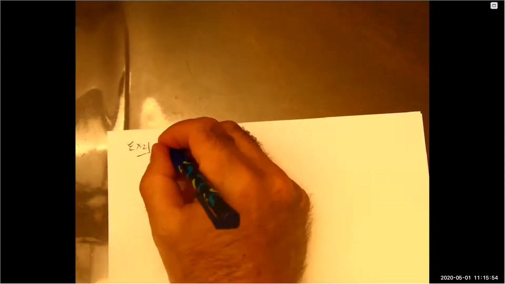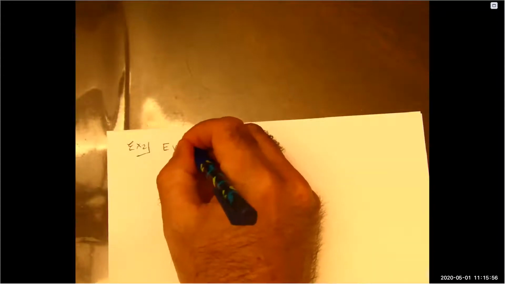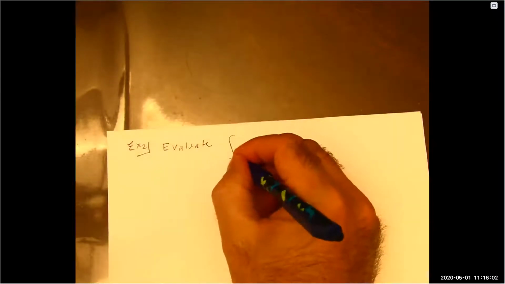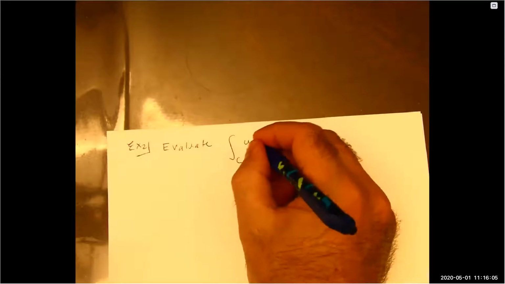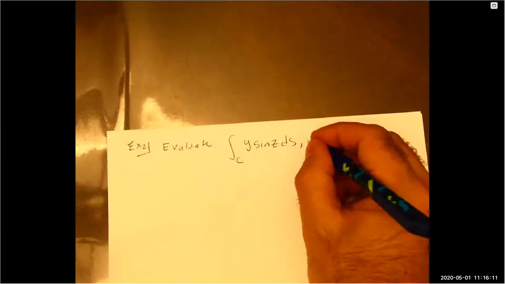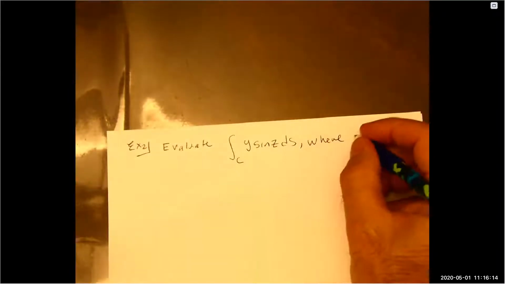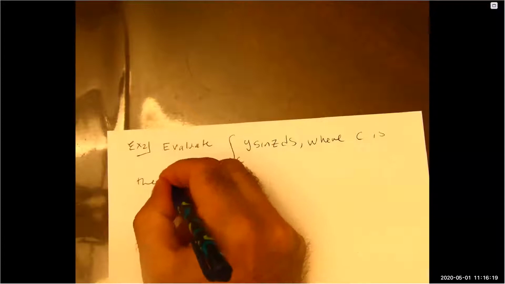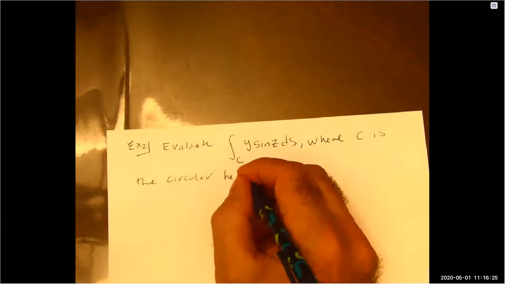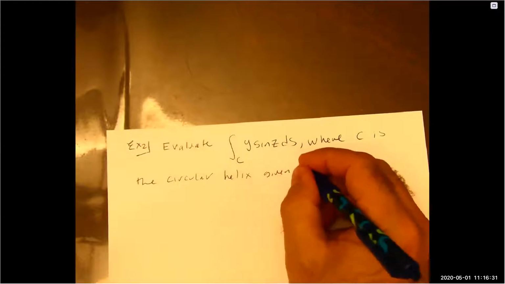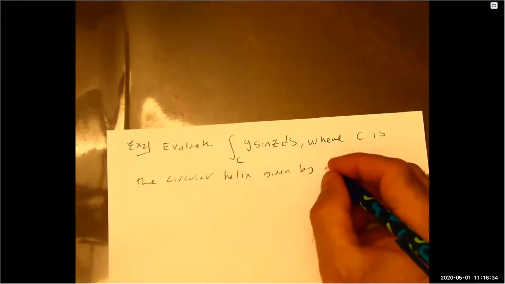So we're going to evaluate the integral over C of y sine z ds, where C is the circular helix given by the equations